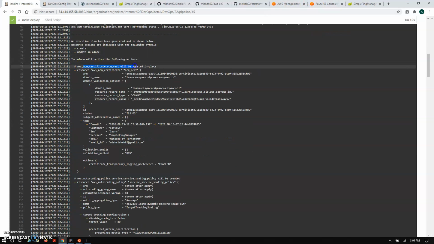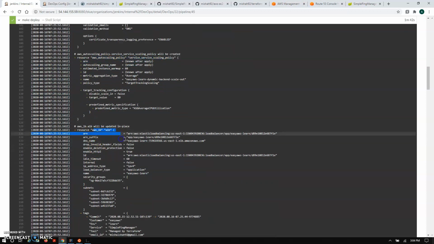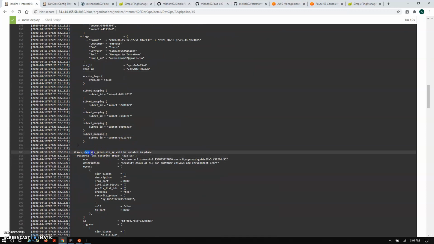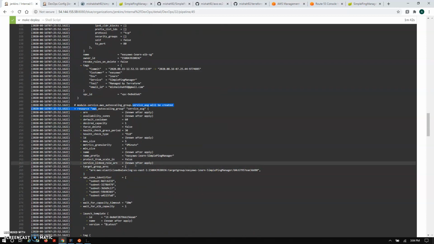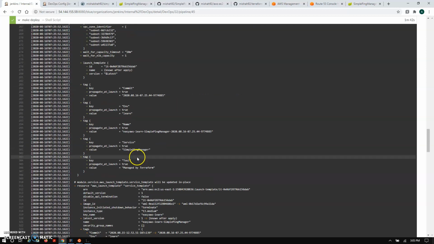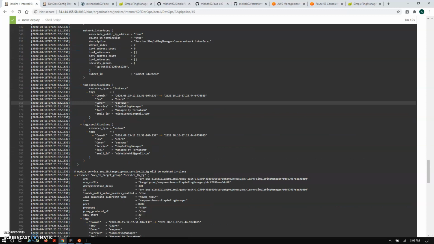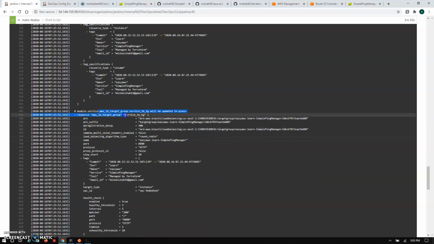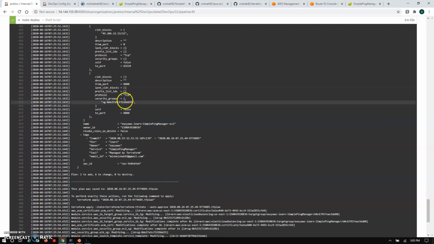You can see the ACM certificate part, auto scaling, load balancing, this is the security group, auto scaling group, launch template, this is user data, this is the load balancing target group, it's the EC2 security group, and these resources will be created, while some resources are already there.